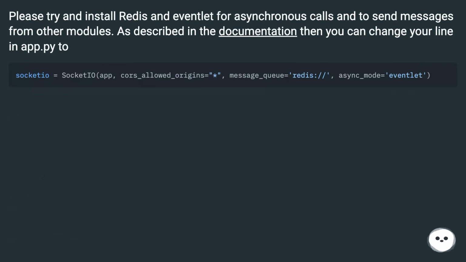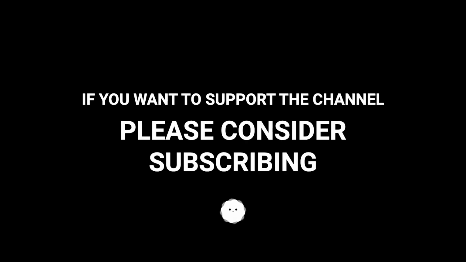Please try and install Redis and Eventlet for asynchronous calls and to send messages from other modules. As described in the documentation, then you can change your line in app.py too. You just